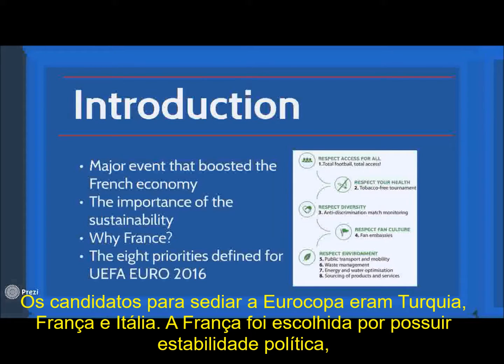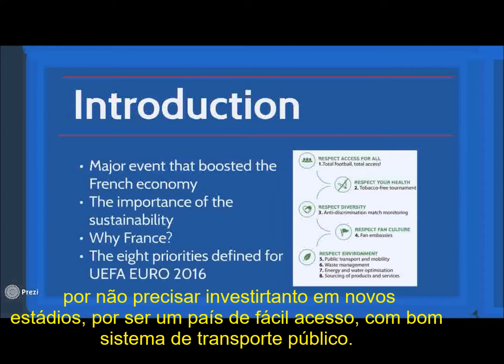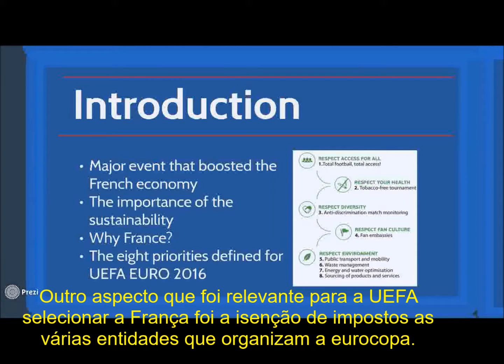France was chosen because it has political stability, doesn't need to invest a lot in new stadiums, is an easily accessible country, and has a good public transport system. Another aspect that was relevant for UEFA to select France was the tax exemption of the various entities that organized